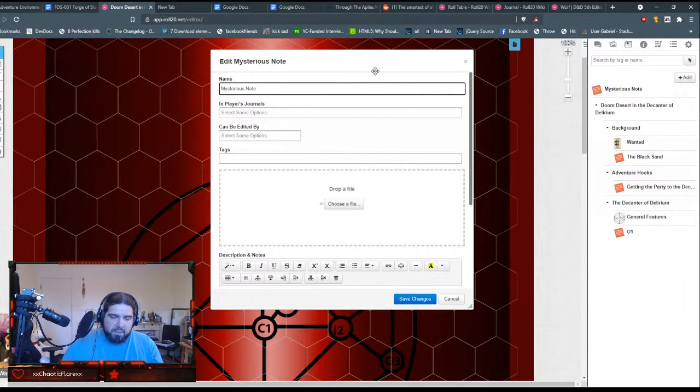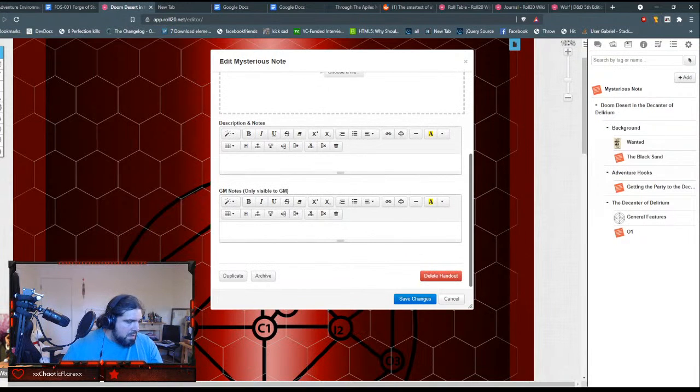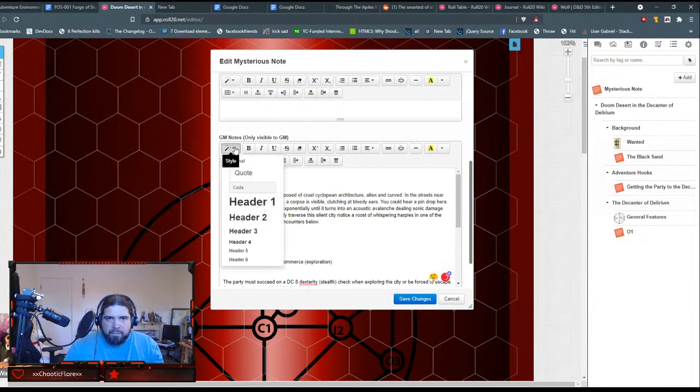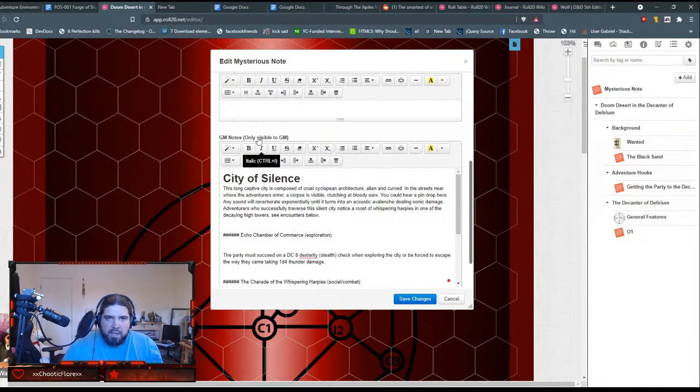So let's add another handout. This one for Big O2. The City of Silence. Cool. So I'm gonna grab this text and drop it in here in the DM part of this. And this is where I think things are probably going to get a little bit different. I'm going to go back to the other one and touch this up a bit too. But basically, I think we're going to use header 1 for the title of the place, and then we will use header 2